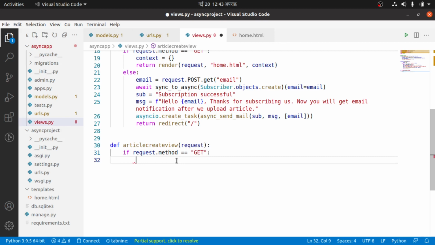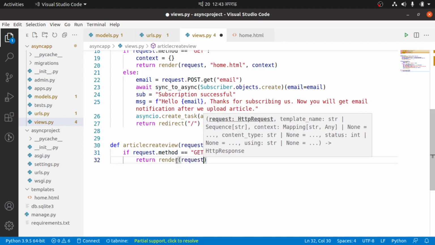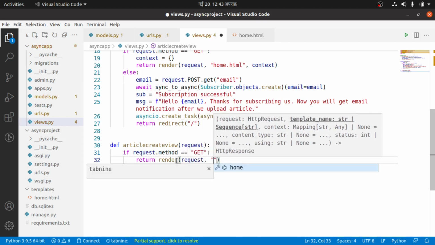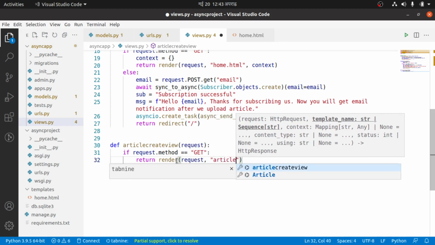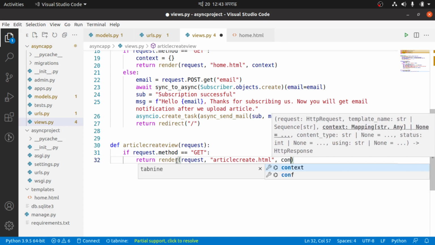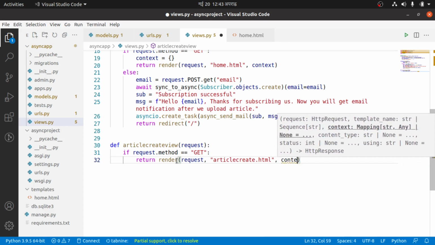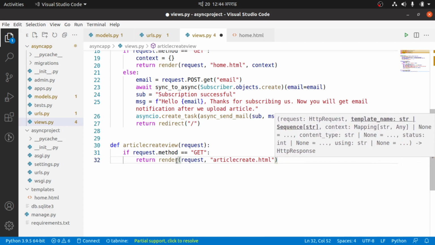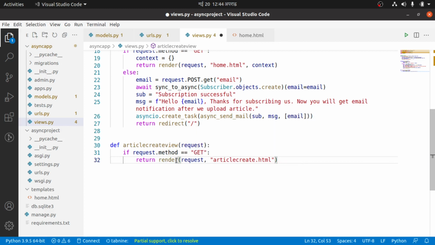So let's return the render function, request is the first argument, article_create.html page is the second argument. The third argument will be a context dictionary, but I don't want to send anything here. Okay, so if the request method is GET,